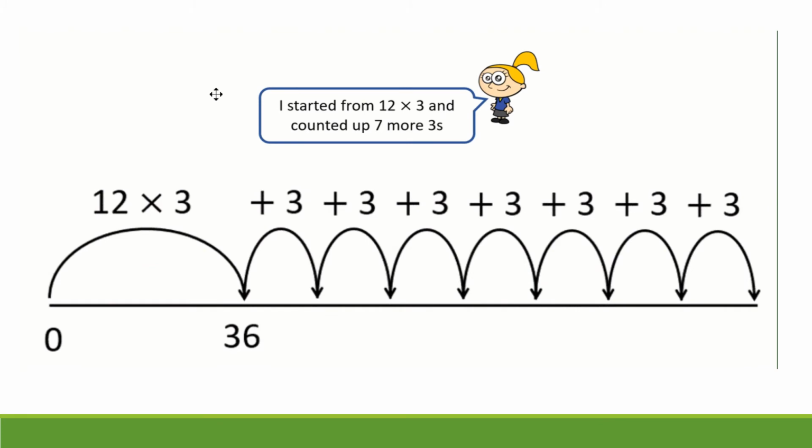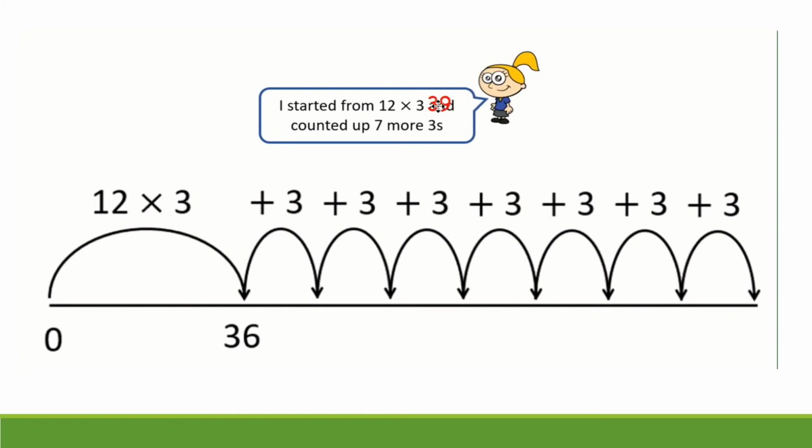So if you can remember, our question was what is 19 times 3? Eva said she started with 12 times 3 because she knows that 12 times 3 is 36 and then she counted up 7 more 3s. 1, 2, 3, 4, 5, 6, 7. However, we want to know what the answer is. So 36 add 3 more gives us